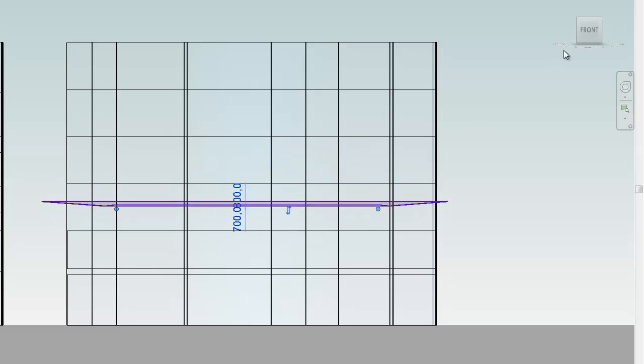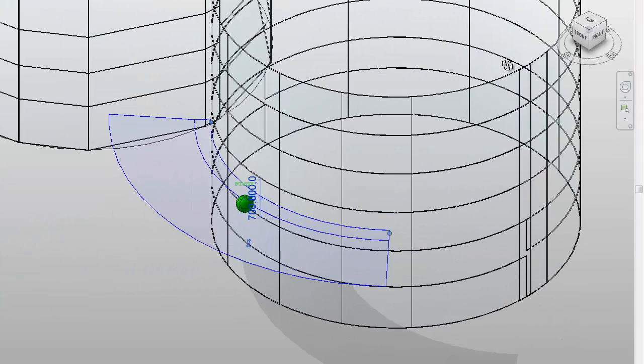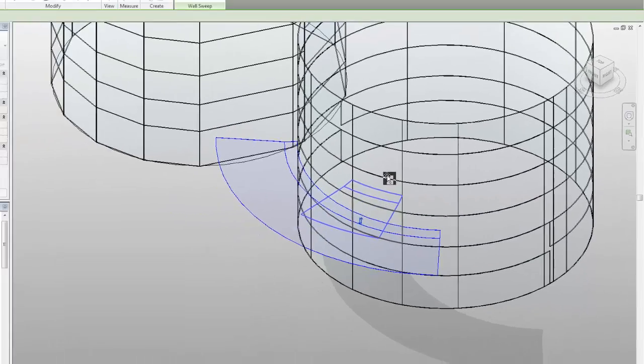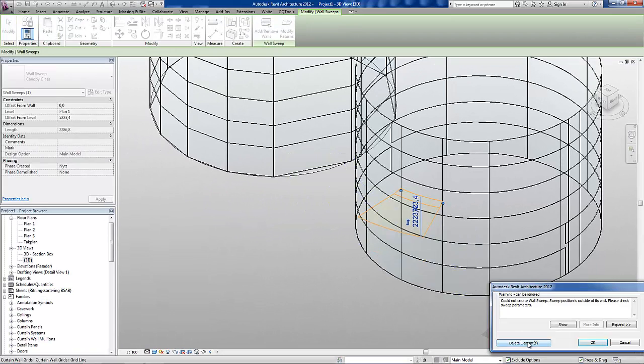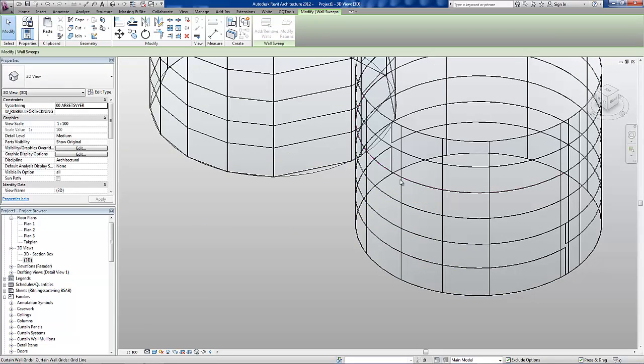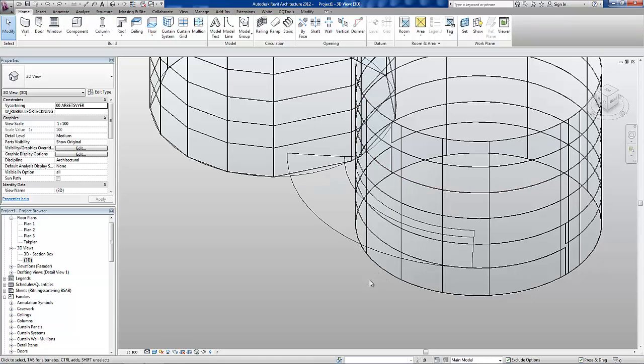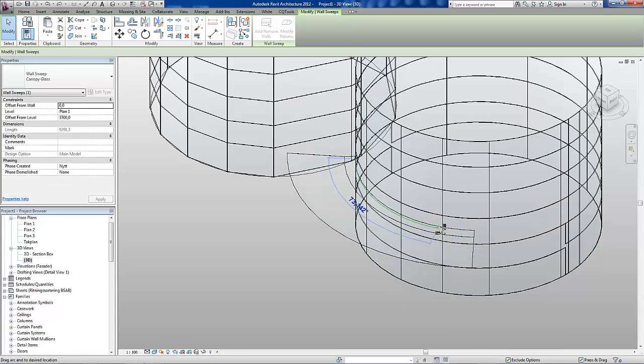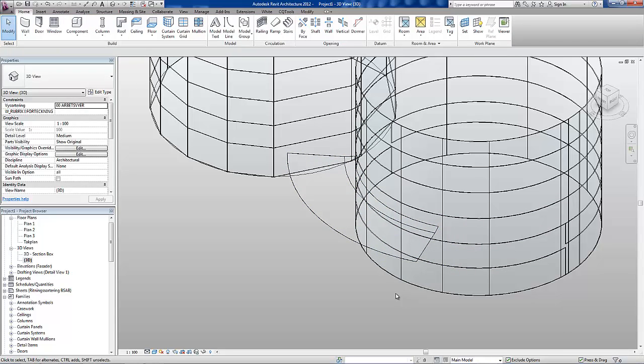Now it will only associate itself with this set of panels. So as it crosses the horizontal, it's going to want you to define it in this panel. I want to do that, but it's a really fast and easy way to do this, and you can do this with anything. So let me go back here